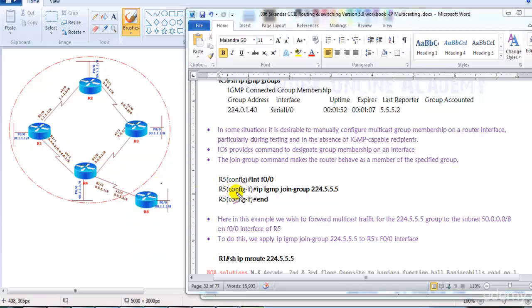Now probably in our routers in this lab, even in your CCIE lab exams also, we are not running a real multicast application. Instead we are going to go to this interface F0/0 and we'll configure a command called ip igmp join-group, and you can use any of the multicast addresses here. Now what this command will do is simulate a host which wants to join the multicast group 224.5.5.5